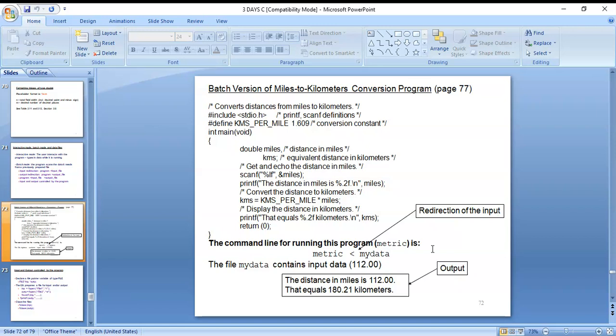Next, return. The command line for running this program is called metric, and the file mydata contains input data.